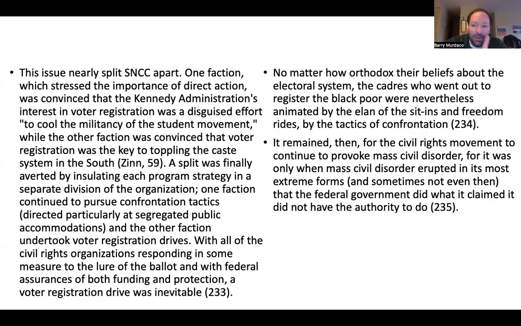And the federal government says, well, look, this is a states' rights issue. We don't really have the authority to intervene here. But then you raise the stakes a little bit more, and all of a sudden they say, oh, well, actually, we do have the right to intervene. It's kind of how it works, I guess.